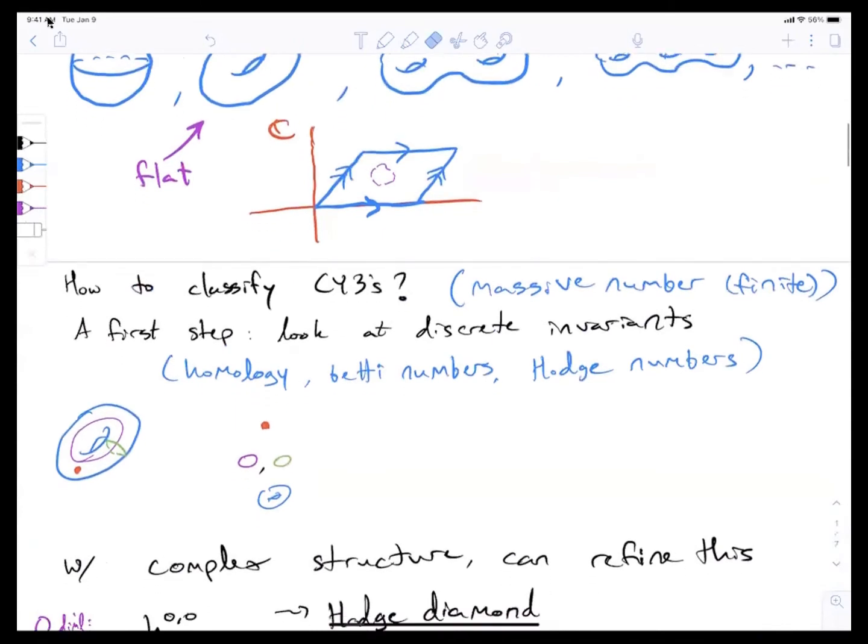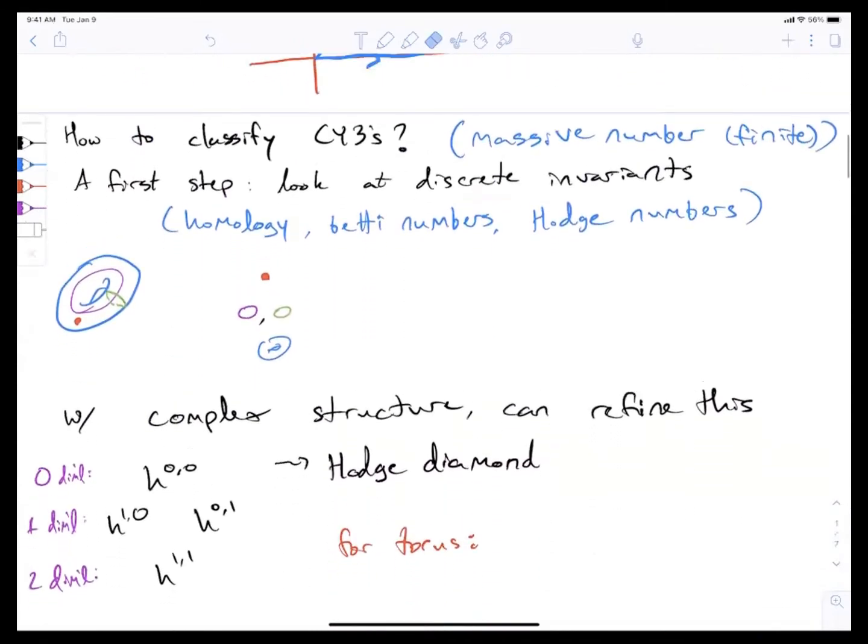In 3 dimensions, it becomes much more difficult because there's more than one. There's many, many, many. Like a truly massive number. And so to classify all Calabi-Yau threefolds seems overwhelming. And so a first step is try to find some invariants of these things and classify maybe which invariants can occur. And so a first step towards thinking about what invariants we can consider is discrete things. And